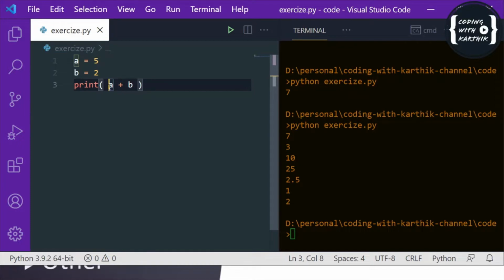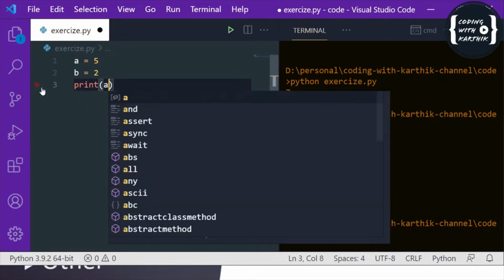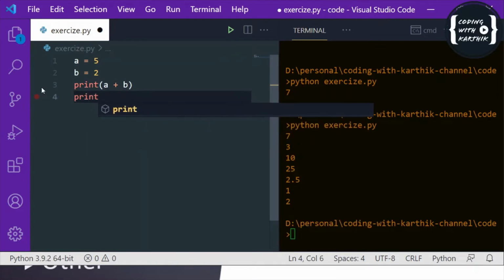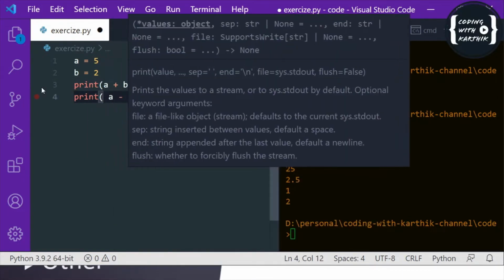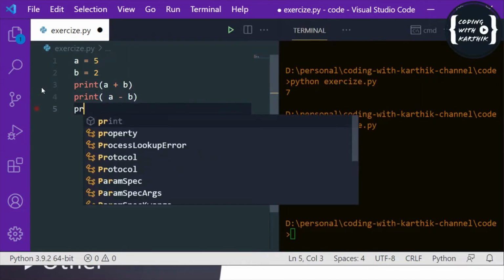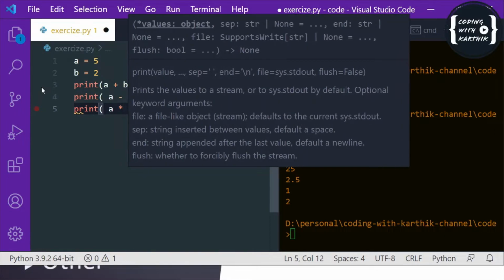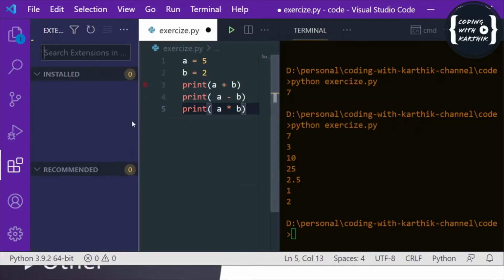Now there are different operators in Python. First type is arithmetic operator, which can do the general mathematical operations on variables. Okay. If I write this, to do the addition we can use the plus operator, and to do the subtraction we can use a minus b, and to do the multiplication we can do a star b, which can do the multiplication.